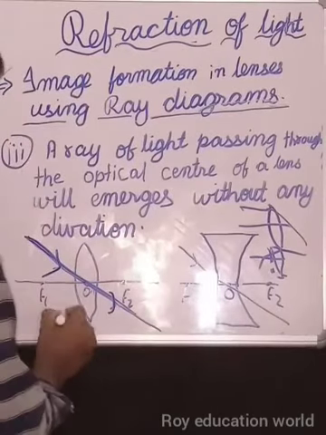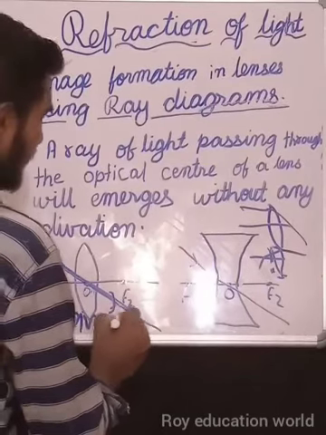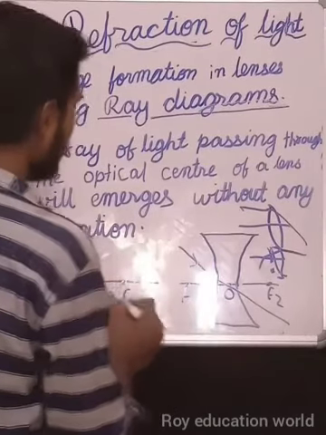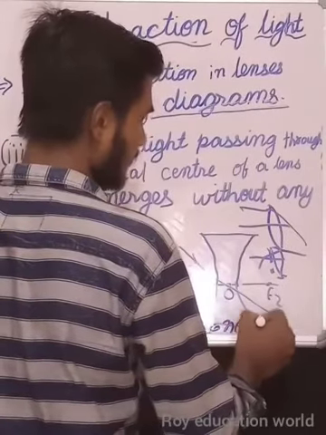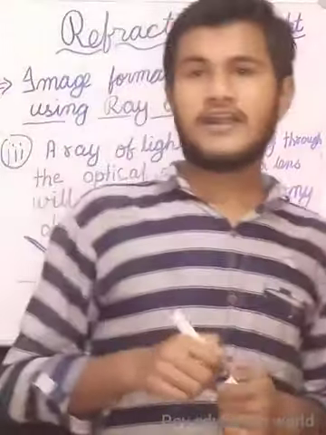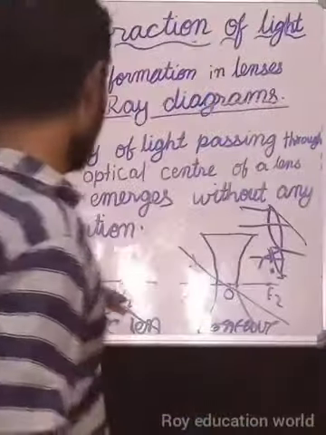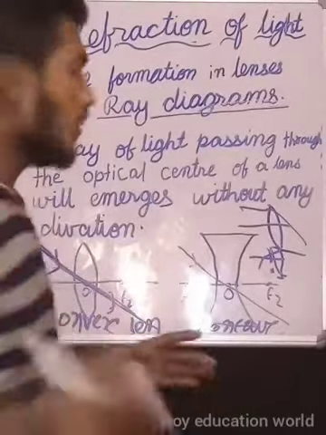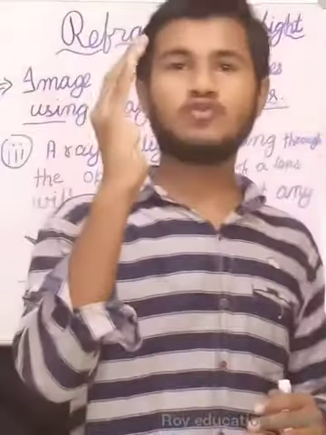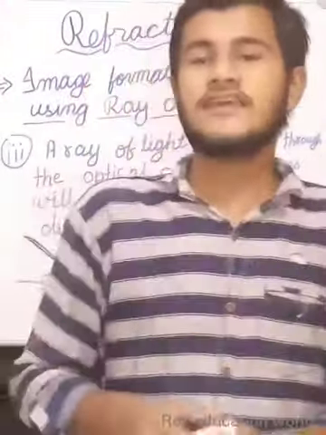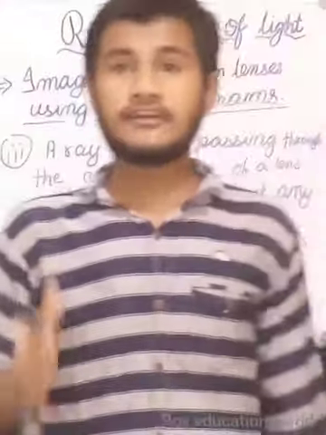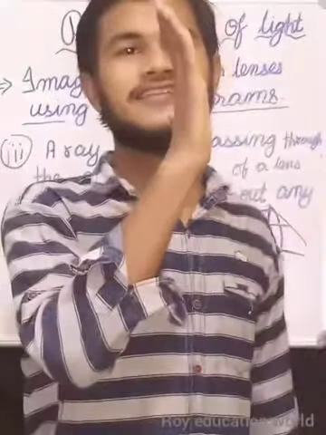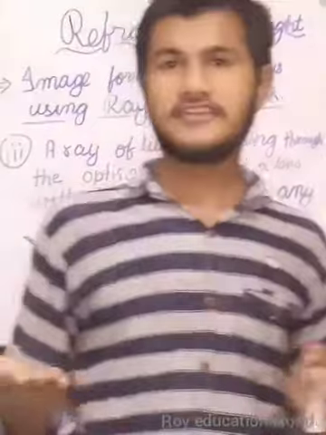This is a convex lens, bulging outward, and this is a concave lens, curved inward. There are lots of confusions between concave and convex, but you have to always remember: bulging outwards, a structure like this, at least one face bulging outward, is a convex lens, and when it curves inward, something like this, then it is a concave lens.